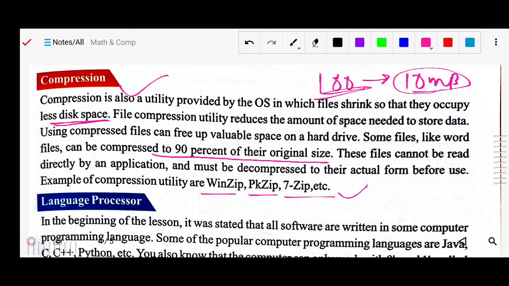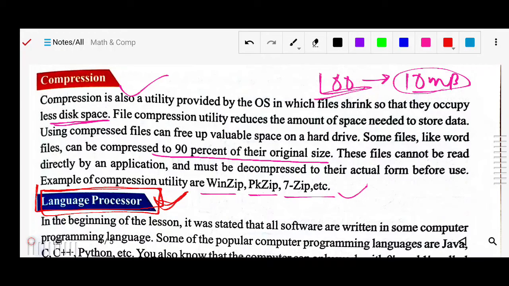Okay, now we will see the next part of this. As we have discussed, system software has three parts. What are the three parts? Operating system and utility software. The operating system we have already discussed. Utility software, utility programs, we have also discussed. Now the third part of the system software that we will see is the language processor.